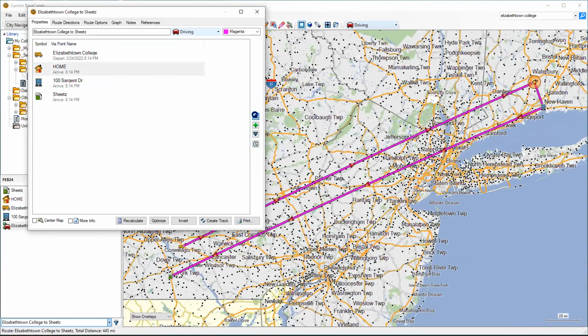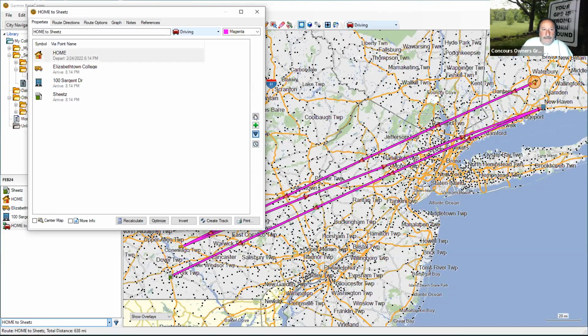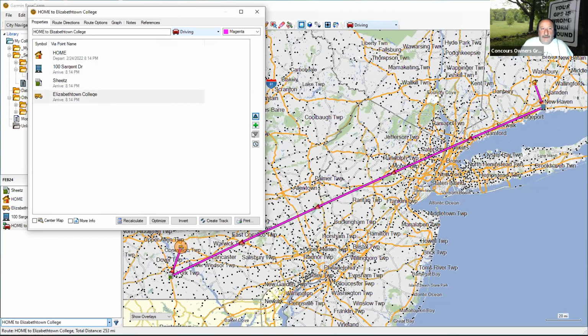So click once, and every time I click it and move a waypoint, you'll notice how the route will go to all straight lines and start changing the sequence of the waypoints in the route. So that's that. Now I want to bring Elizabeth College to the bottom because I want that to be our final point. So right now it says I'm going to go from home to work to the Sheets gas station to Elizabethtown College. And I'm using the driving profile,